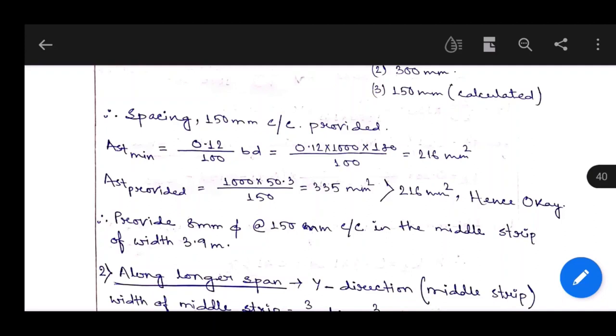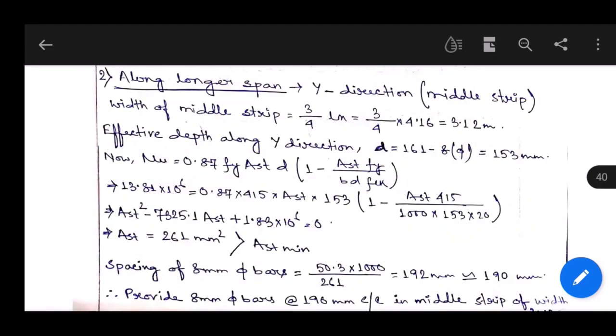So after all the calculation is done, in the drawing we can see the middle strip, how it's distributed. Now along the longer span, y direction, the width of the middle strip is equal to 3/4 of Lx, that means 3 by 4 into 4.16, that is equal to 3.12 meter. Now the effective depth along y direction will be D minus 161 minus 8, that is the diameter of bar,